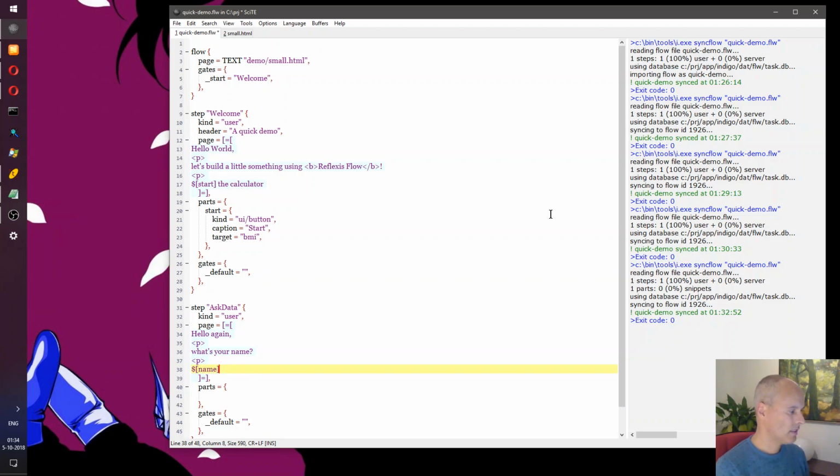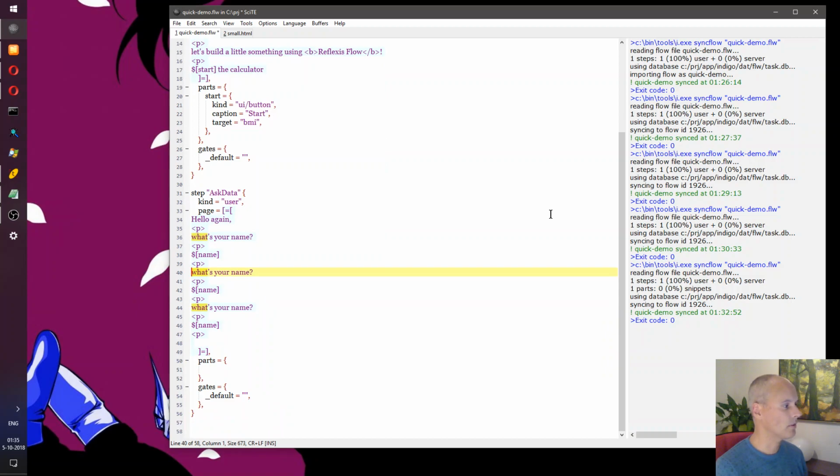So what we want to do is have an input field that accepts text, so that the user can enter a name, and obviously that'll be a part that we can define later on. So I'll here say, what's your height?